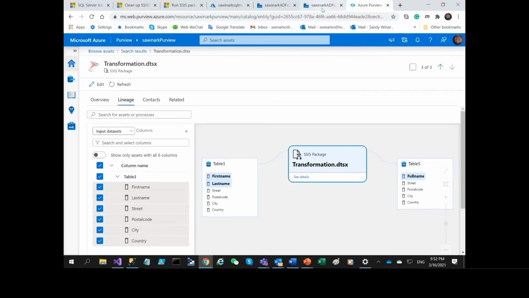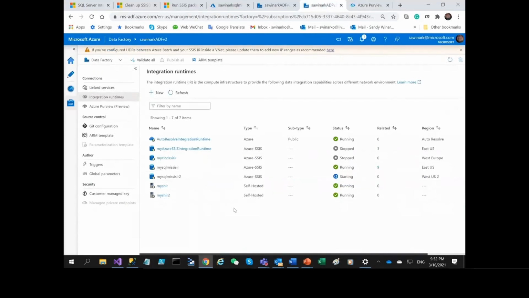Okay, going back to the, oh, it's still not starting. What happened? It should be starting. So let me give you a reason why it's probably taking a little bit longer. The technology behind the Express VNet injection is essentially we provide a standby pool. A standby pool is essentially a pre-provisioned pool of SSIS VMs, and these VMs are already running, but without being connected to the customer VNet, right? So as soon as a request comes in, we allocate the